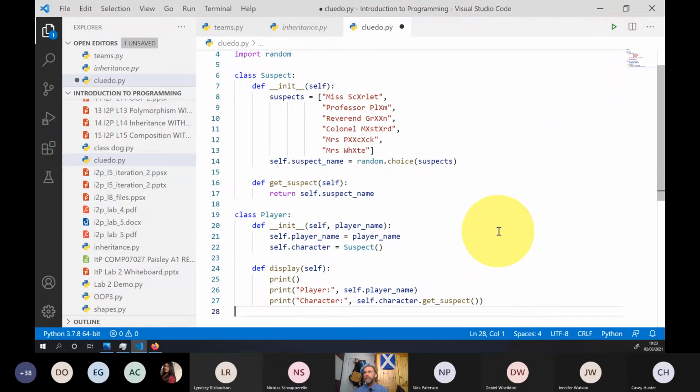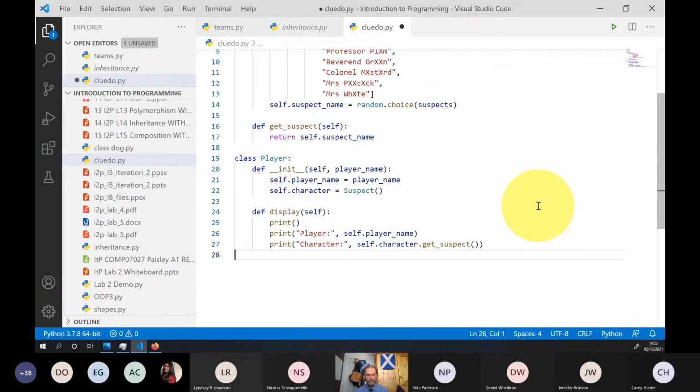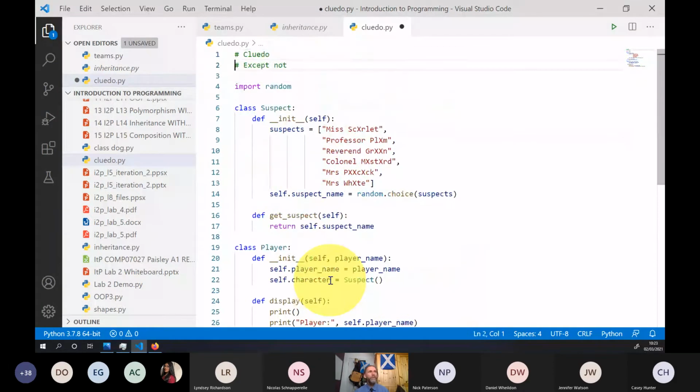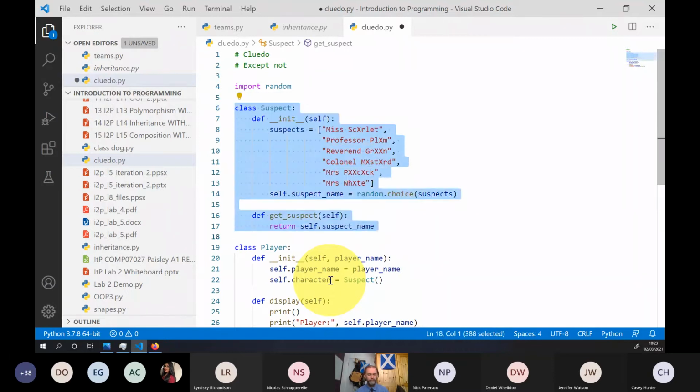The question in the chat is about order, and does it matter if you declare suspect before player? For Python, normally when we started off, we did one thing, then we did the next thing, and we worked our way through doing that.